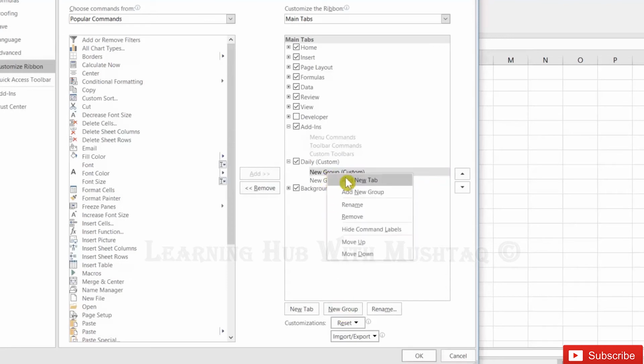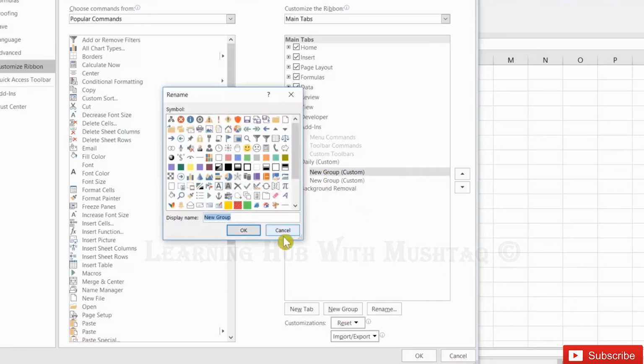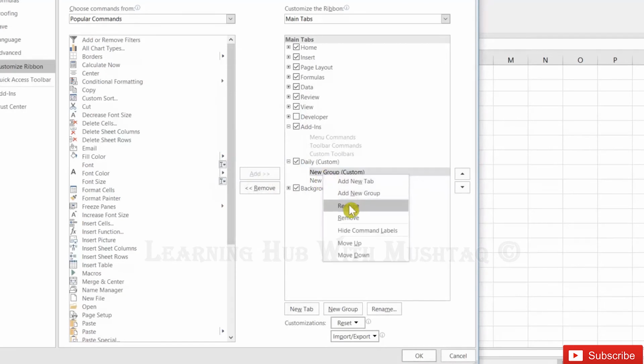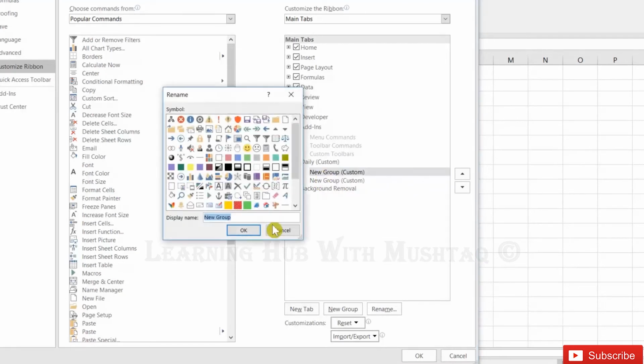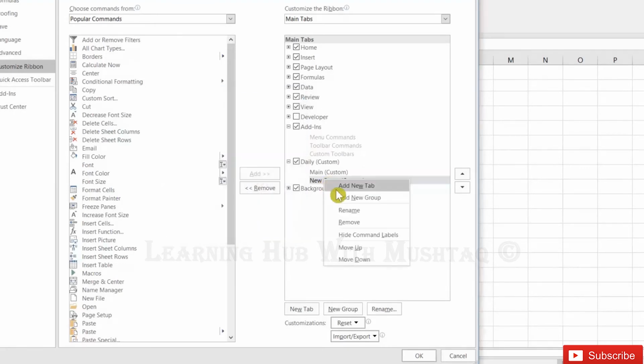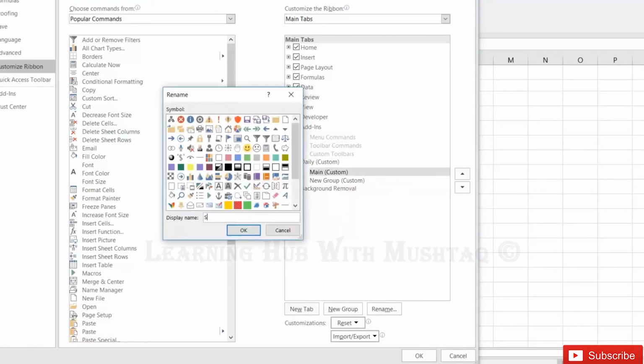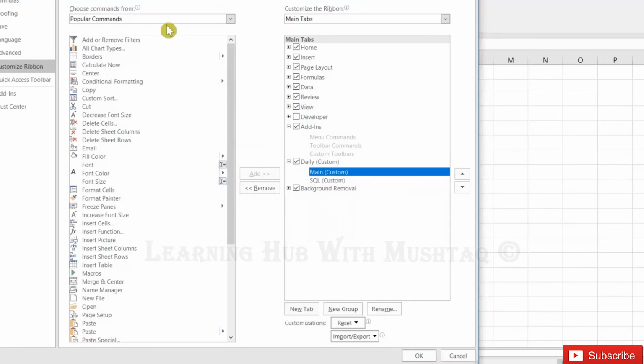So rename main, then SQL. In the main you can now add whatever option you want to add here,